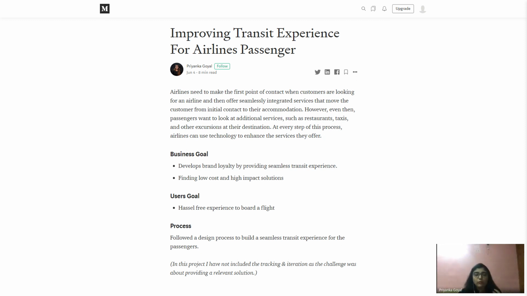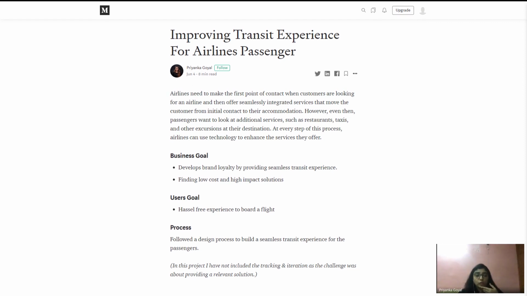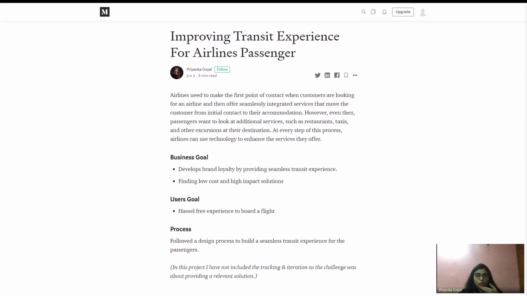So first, whatever description they had given me, I reframed it in my own words, to make it easier to understand for the interviewer who is reading it. Plus he should also understand that I have understood the problem really well. I have also defined the business goals and user goals I will be solving through my project.